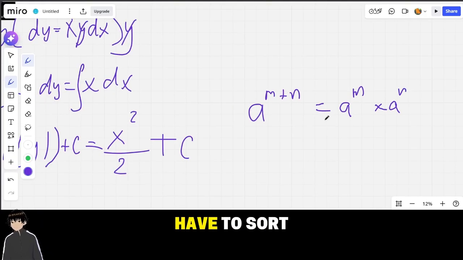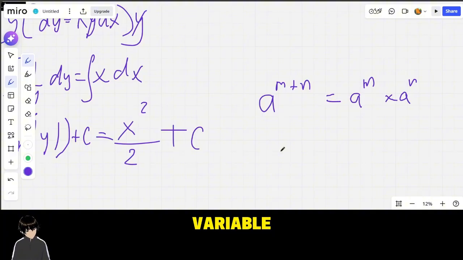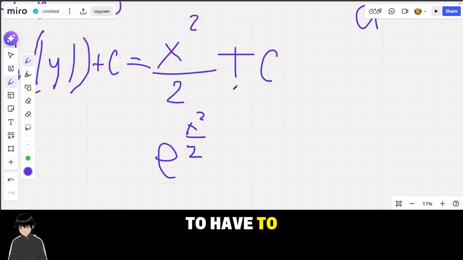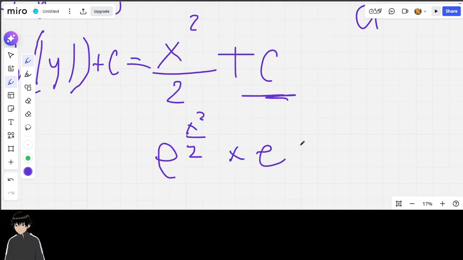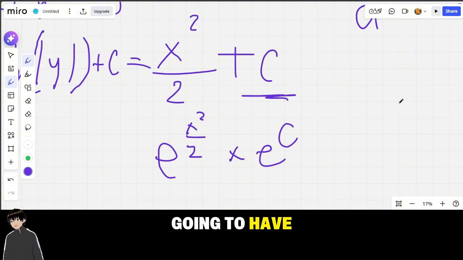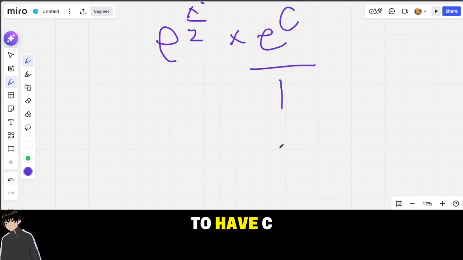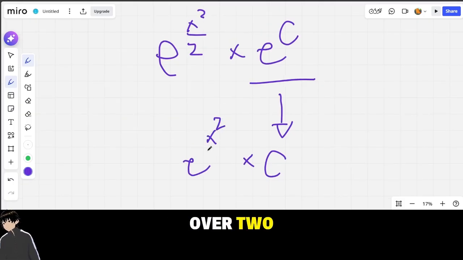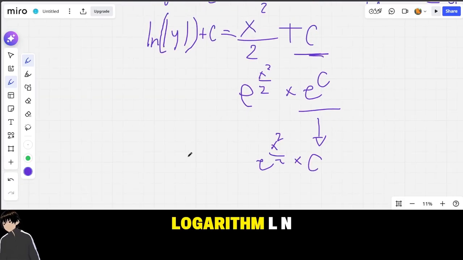And now we have to make the variable e, and then we have x squared over 2, and we're going to have to use this same thing here with e to the c to expand the expression. C is treated as a constant, so we're just going to have c here. We have e raised to x squared over 2, and we're going to have e to the ln absolute value of y plus c, and then